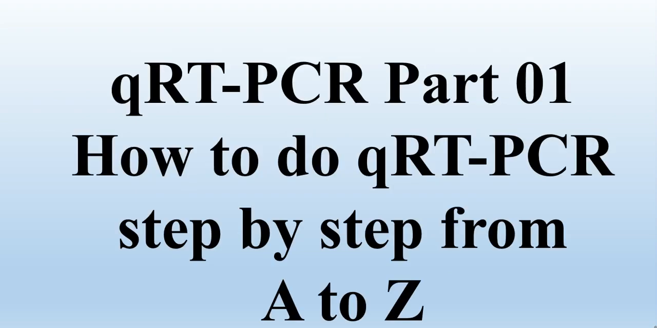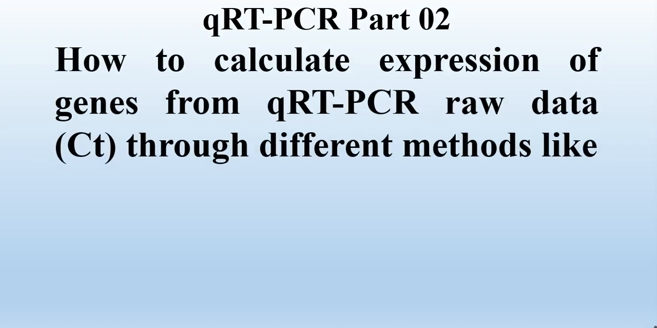In the previous video, the qRT-PCR part 1, we did the qPCR step by step from A to Z. When you do the qPCR and keep your sample in the thermocycler, it gives you the raw data in terms of CT values. In this video, part 2, we will calculate the expression of your gene